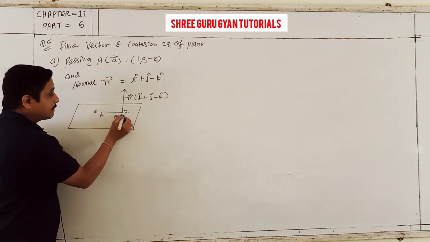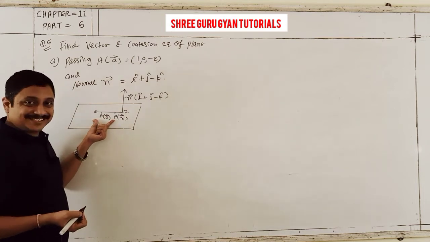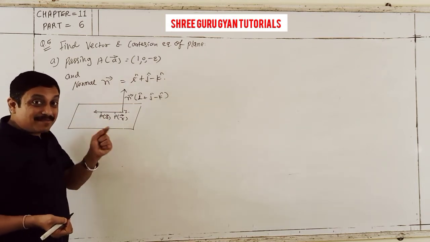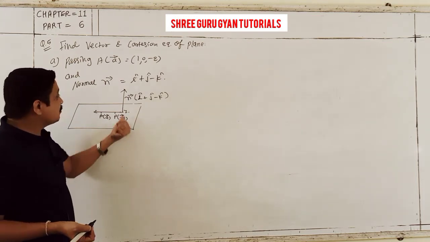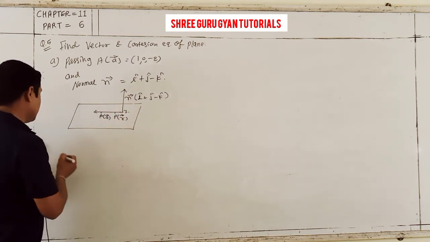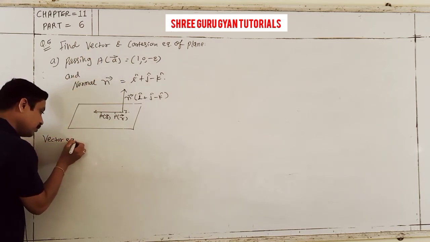P is r bar, A is a bar. It means PA directions means what? PA means r minus a, either AP directions, that's perpendicular to n. So here, one of the vector equation of plane,